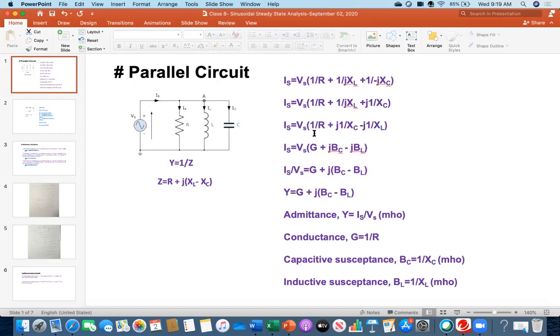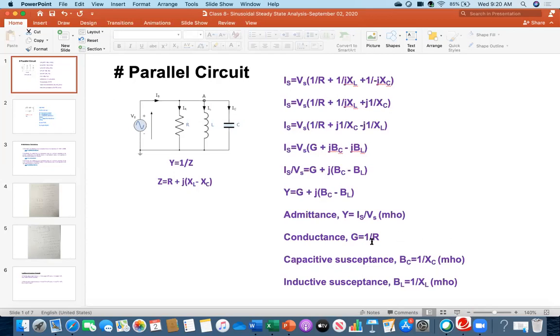So you all have learned in DC circuit, what is the 1 over R? That is the G, the conductance. And this is the new term for you, that B symbol. J is this J, 1 over XC. I am designating this by BC, B subscript C. What is BC? I have written down the definition. It is called capacitive susceptance. I mean, the difficult word. Capacitive susceptance. BC means 1 over XC. That is the definition. And the unit is mho.